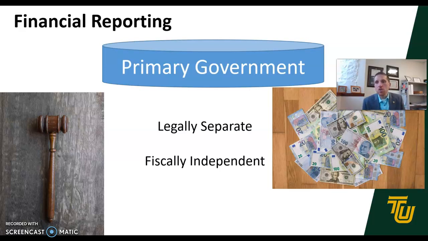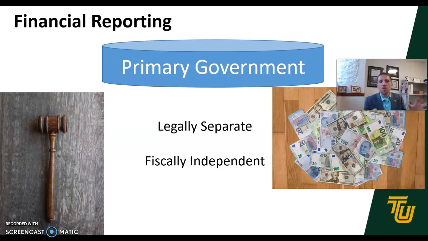I think we can all relate back to a parent and child relationship where, obviously, a young child is very dependent on their parent, not only financially, but also for a lot of other things, right? But then hopefully somewhere around the time of college graduation, maybe a little earlier, maybe a little later, we start to have financial independence from our parents, right? So we have our own house, our own apartment, whatever it happens to be. We're not asking mom and dad for $20 or $50 every week for groceries or food or rent or whatever, right? We have that fiscal independence.